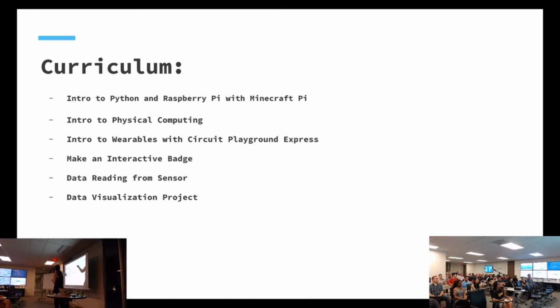And then we tied it into physical computing, which I'll talk about more, using a circuit board that's like an Arduino that you can use Python on, which I think is really cool. They were able to make an interactive badge, and they also designed and 3D printed a badge cover with their name on it, or whatever character they wanted. After that, they learned how to log some data from the input options on the circuit board, and then they visualized it by making some pretty charts in Google Sheets,